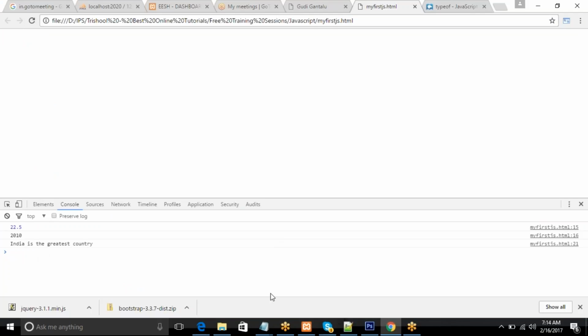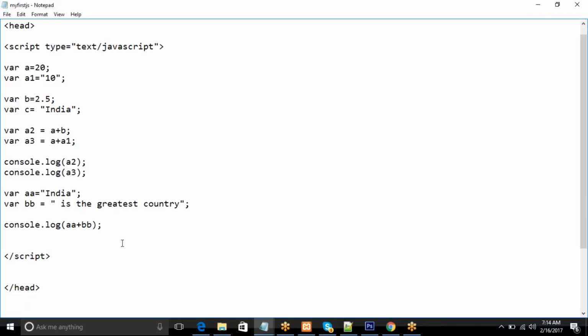It is displaying. So remember, I'm using console.log only to display. If I want to display the result in the HTML page, I need to write a JavaScript function, which you don't know yet. So that's the reason I'm just using console.log to display the output, what happens if concatenation happens, and so on. We use console.log only for testing, not for real-time applications, which means not for live. If you want to make it live, you need to remove all console.logs